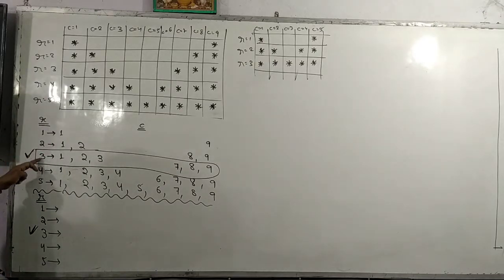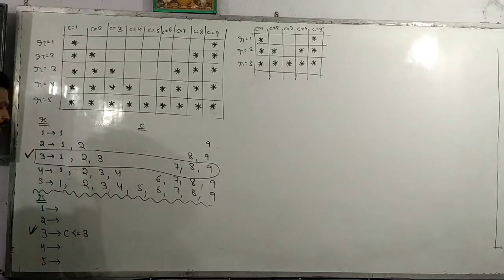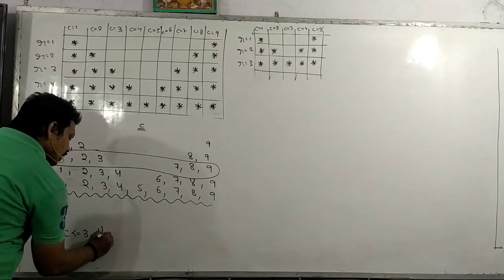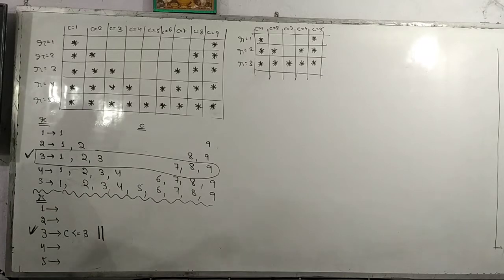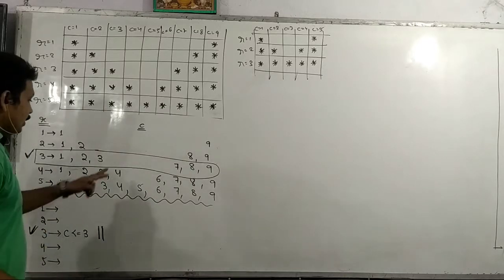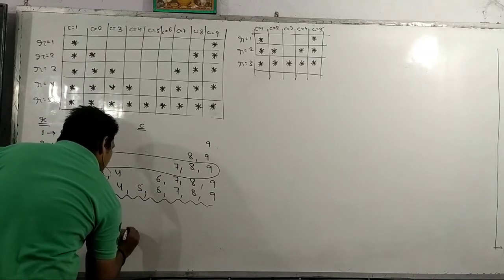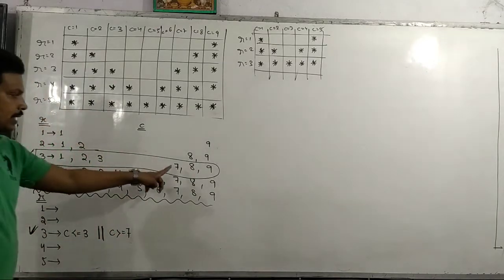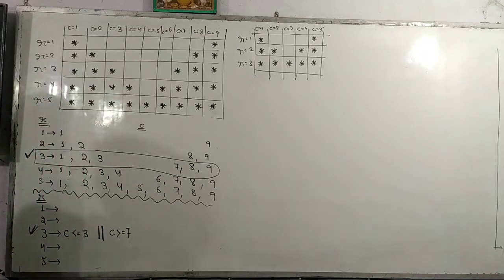When r is equal to 3, c is less than or equal to 3. Here we will write logical or. इस केस में लॉजिकल एंड नहीं लिखना, बताऊंगा किस लिए, रुक जाओ। और c ग्रेटर देन इक्वल टू 7, c ग्रेटर देन इक्वल टू 7 है ना। अब आप पूछोगे सर यहां पर आपने